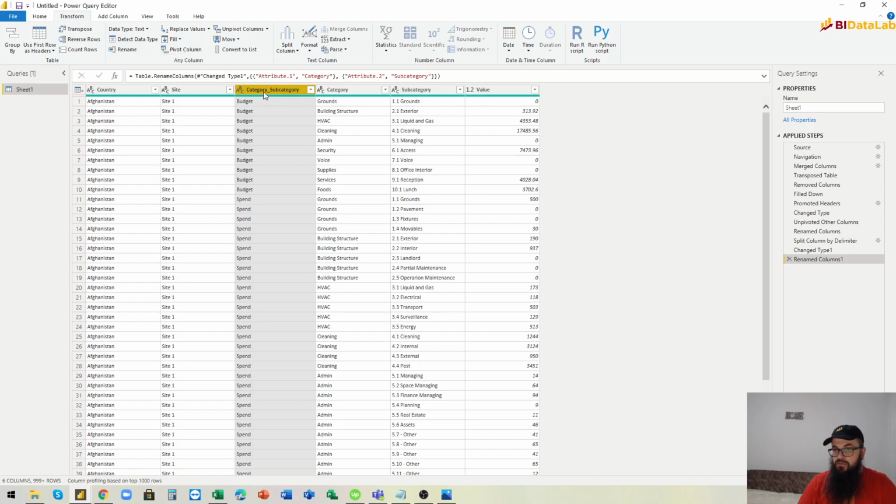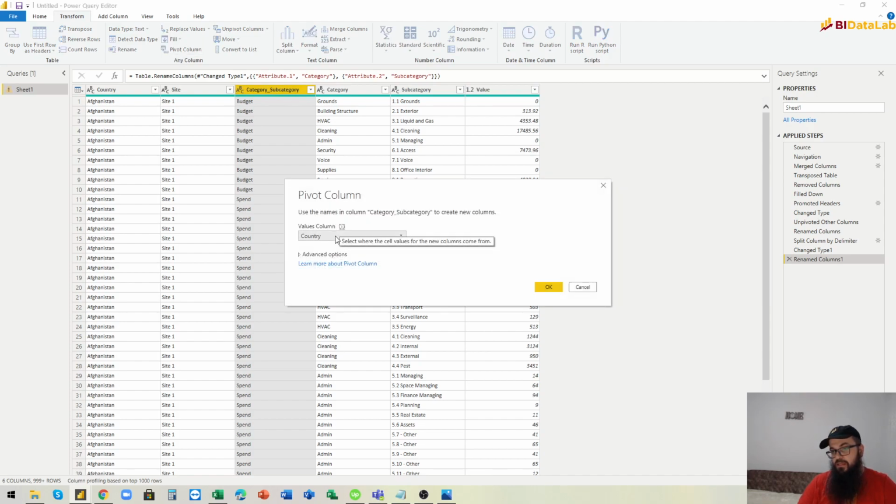So we create from these two columns two other columns which will hold the values for each country and site, category and subcategory, like this. So we select this one, we go pivot column, and then select